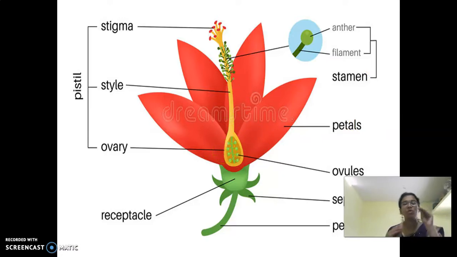Now it is not possible for me to show you clearly. The work which I am giving you is: take an A4 sheet, take a flower, take its parts and paste them and write their names. Okay. I need all the parts to be there like sepal, petal, stigma. Yes, stigma also needs to be there. Look at here. What is this? Stigma. Right, clear? Stigma, style, ovary. If it is possible, you can take the seeds also. And then anther and then filament. These are all the parts which are to be there.